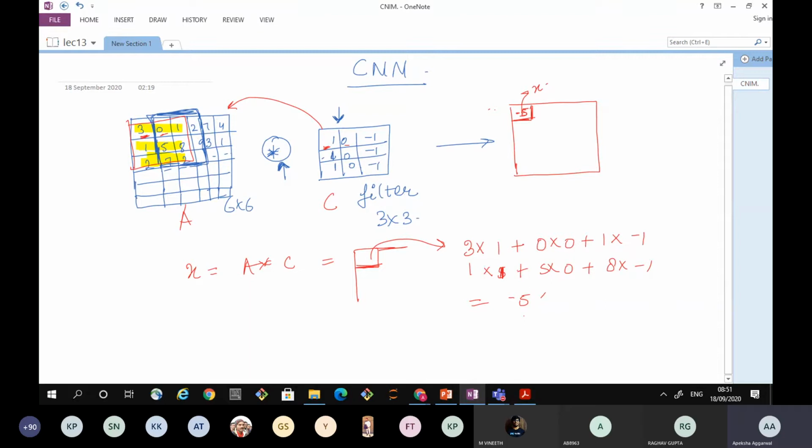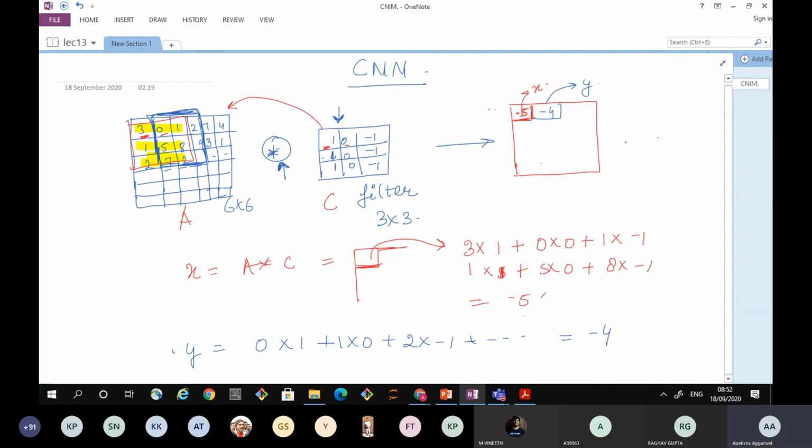So again I will calculate. For calculating this question, let's say y, what I'll do is I'll multiply this again. It will give me 0 cross 1 plus 1 cross 0 plus 2 cross -1. So what I'm doing is I'm taking this value and multiplying it with this one, then taking the second value and multiplying with the second one, and so on. So it will give me something like -4. So I'll write -4 over here.